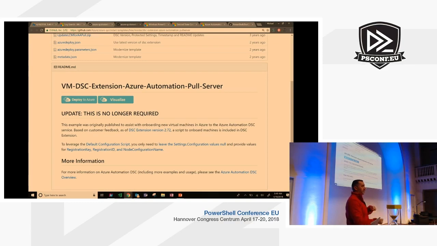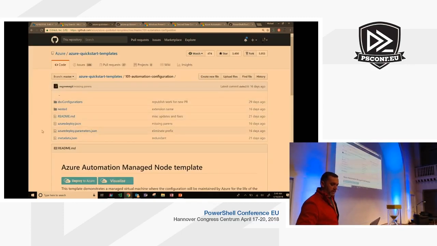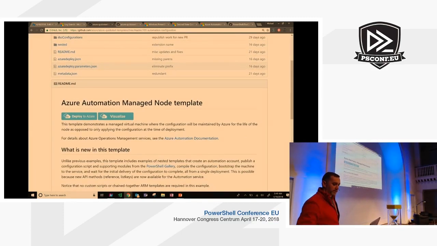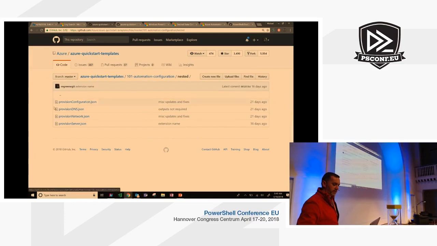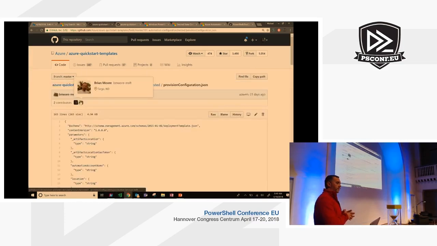We are fixing an issue right now, so I've got an example out here of how to do this. Here's a project template, and if I go into my nested projects, there's two things. One is I would use an Azure Deployment template to actually provision the account, put the configuration there, just like what we showed a second ago using the portal, put the modules there, and compile it. So what that actually looks like,